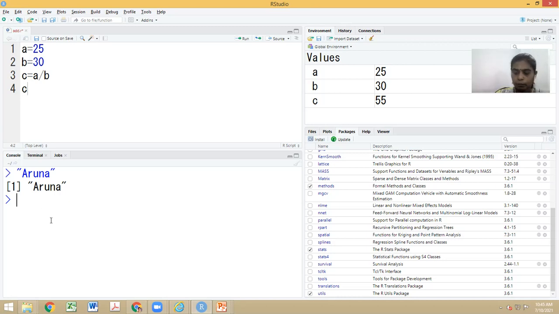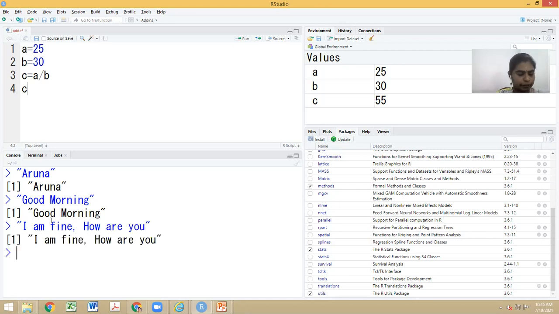So now can I have two words? Yes. I should be giving it inside the double quotes. So, good morning. Yeah, fine. Then suppose I have, I am fine. How are you? Yes. Can I store it in a variable? Yes, we will do. S is equal to hello world. What happened? Check in the environment. Variable S has been created, assigned with the value hello world, right? Okay. Now I'll create another variable.